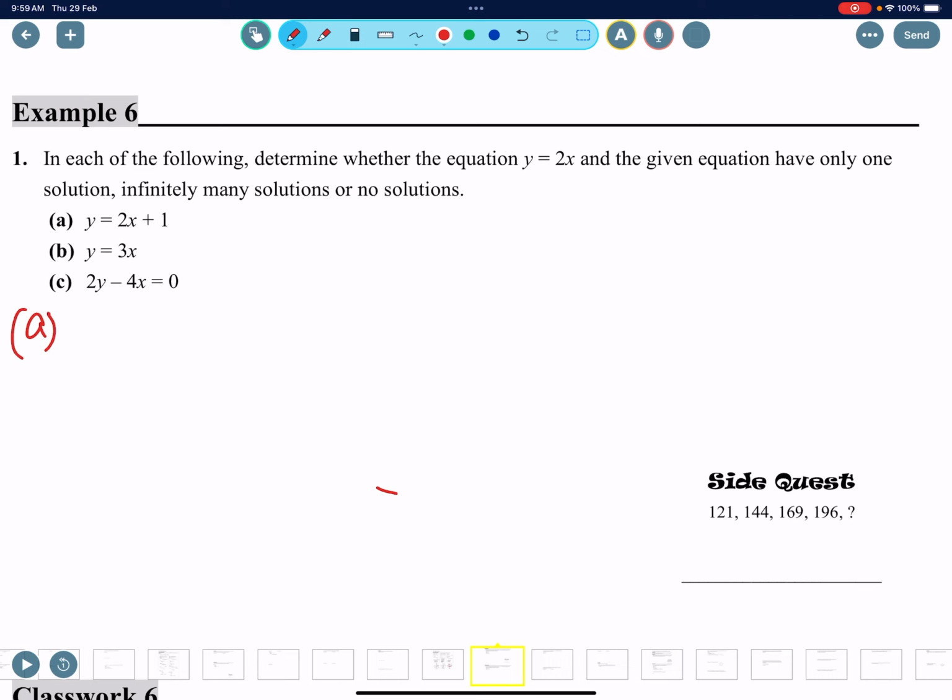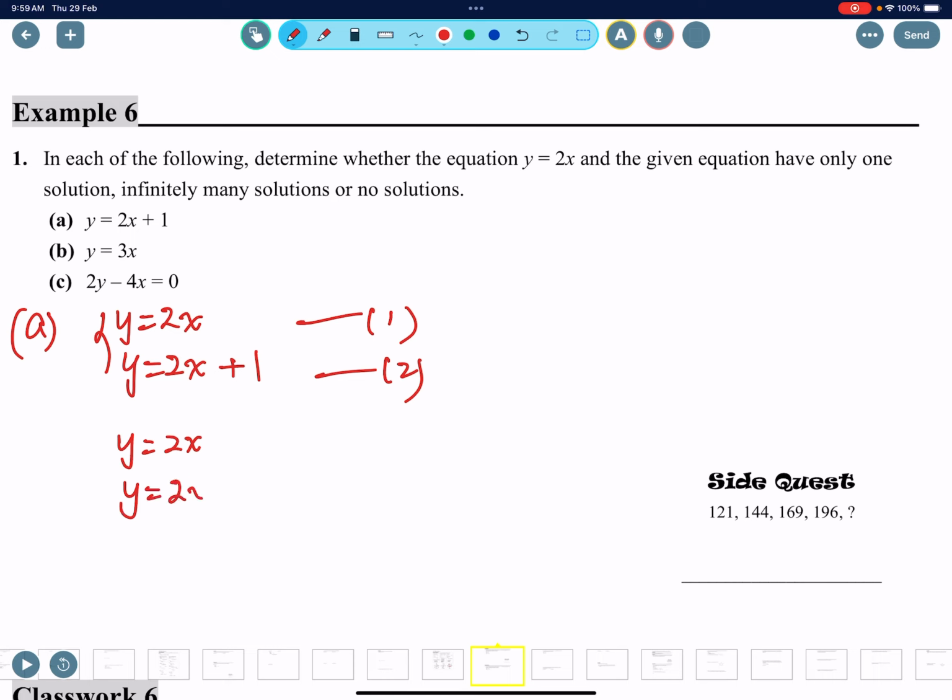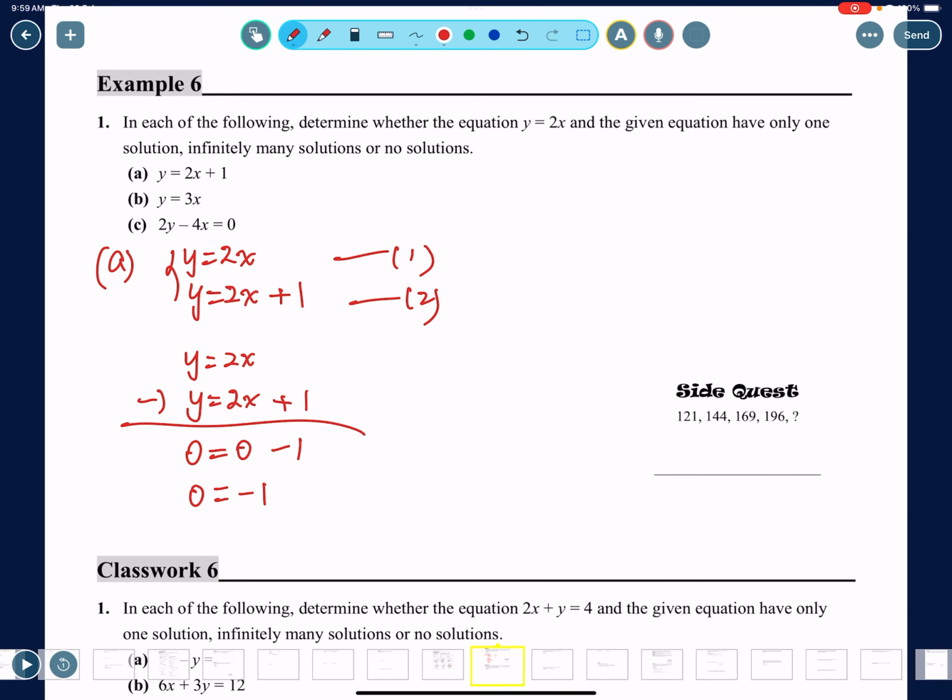So for A here, we're gonna compare y equals 2x with y equals 2x plus 1. Now you can see here, these two are almost the same. Now when you do 1 minus 2, y equals 2x, y equals 2x plus 1, subtract them, you will end up with 0 equals 0 minus 1. So basically you end up with 0 minus 1, which doesn't make sense. It broke the rules of math, right? In this case, if it doesn't make sense,